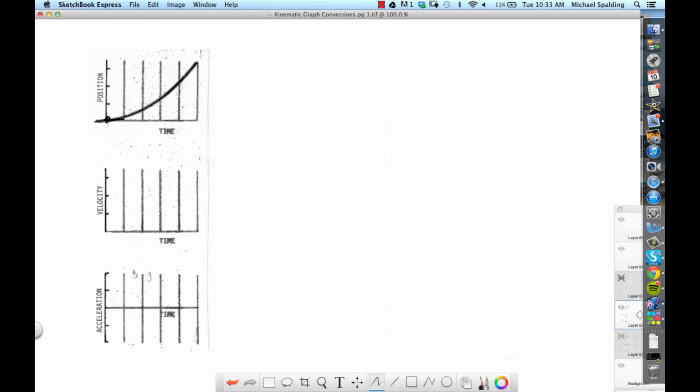Okay, so here we have an increasing slope. Now, like I said, this is very similar. This is what you should have gotten if your car accelerated in the toy car lab. And if you look at number 8 on the lab,